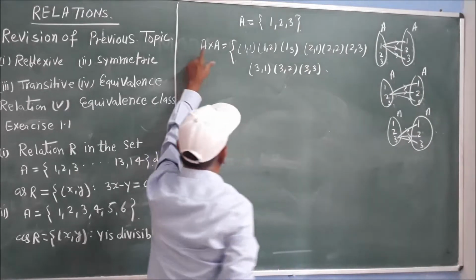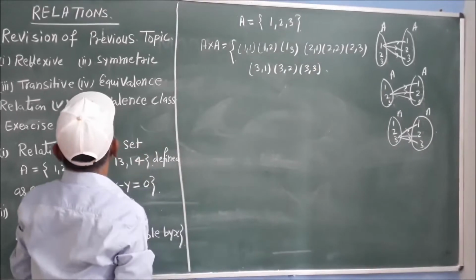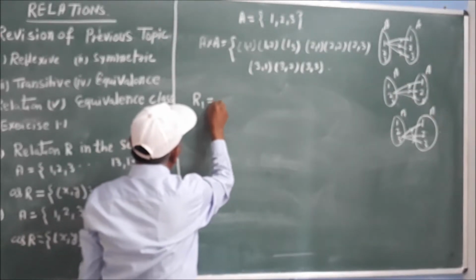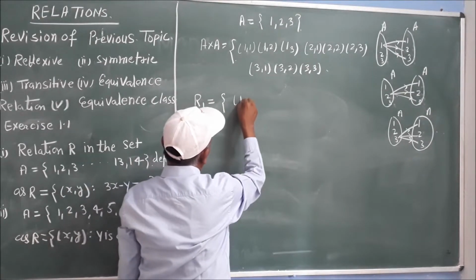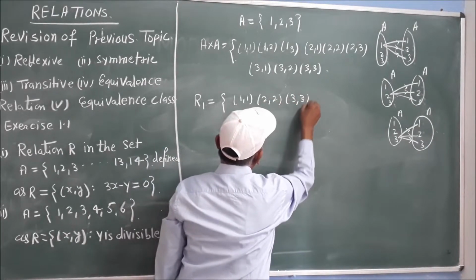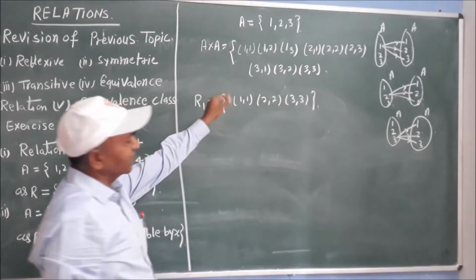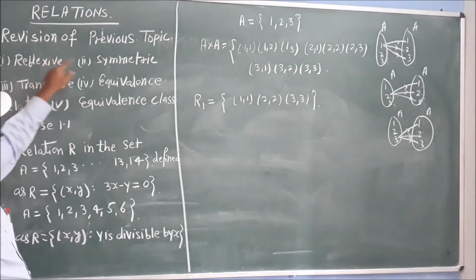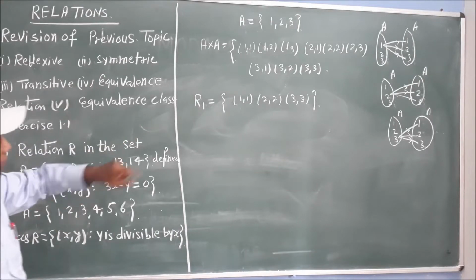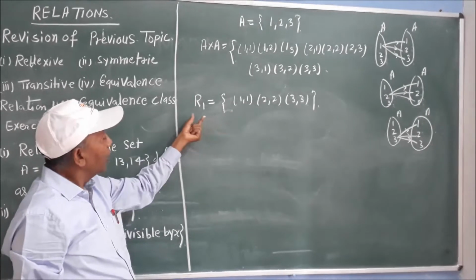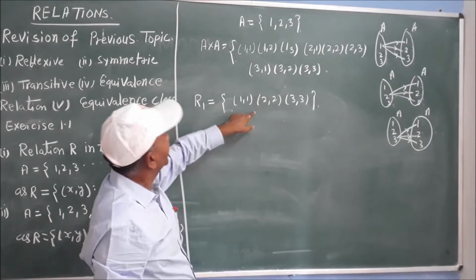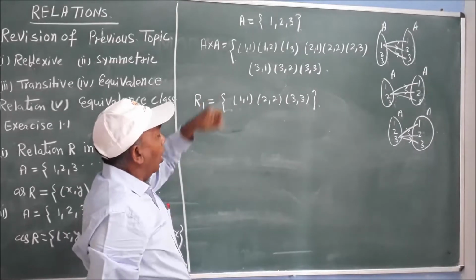And after that I am trying to give you the knowledge of these relations. So first I have shown here a relation R1 and its elements are (1,1), (2,2), (3,3). And check whether this relation is reflexive, symmetric, transitive or an equivalence relation. What are these relations? Why is it called a relation? First you check that. Why is R1 called a relation? R1 is called a relation because it is a subset of A cross A.